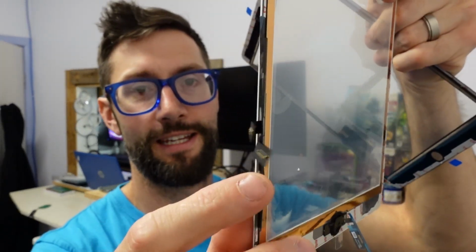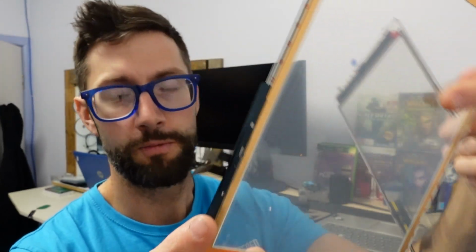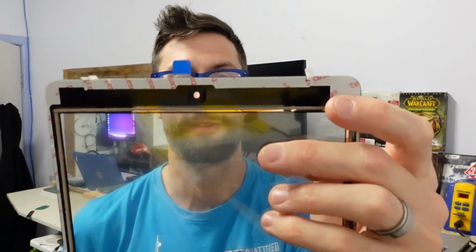This one here, first thing, this bit here, this dag here, right there, you don't want that. So this one here, granted these are for 2 different models. This is an iPad 6, this is an iPad 7, 8, and 9. Just buy the iPad version 9 because it's usable on earlier versions, and it has these little cutouts for the